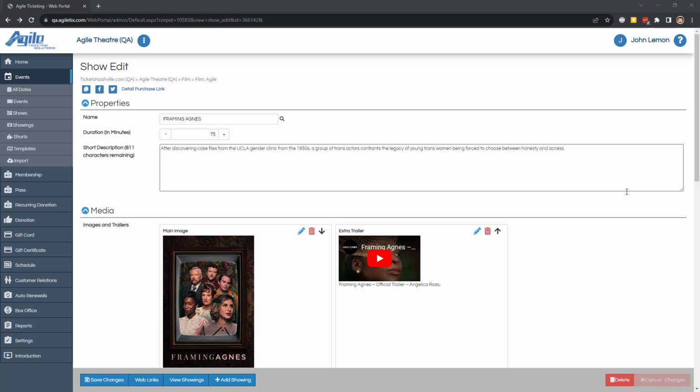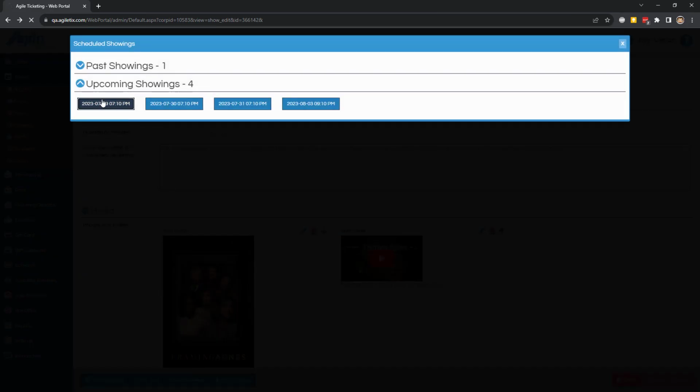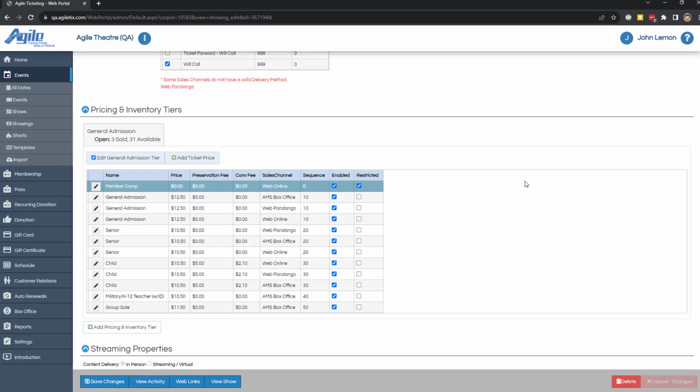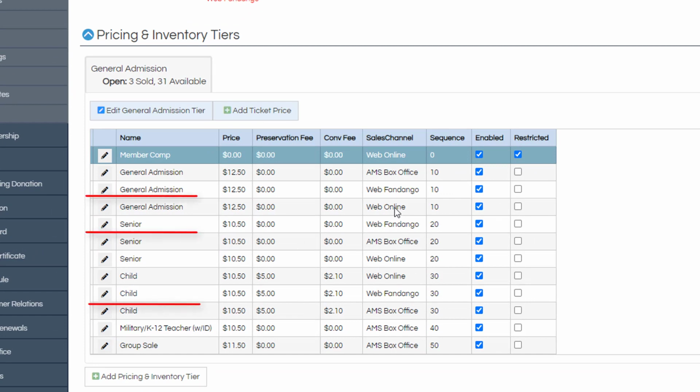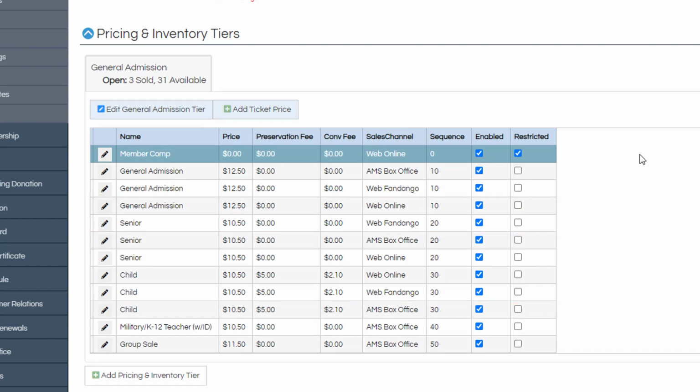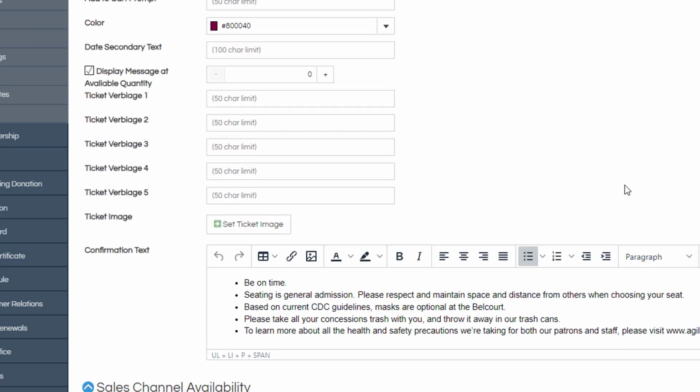We will start by looking at a film and one of its showtimes. The changes needed for the integration are pretty minimal, and you should only notice a few small things. There are now Web Fandango prices listed for the showtime. These are a copy of your normal web online prices. Also, we will see that we have enabled the Web Fandango sales channel,